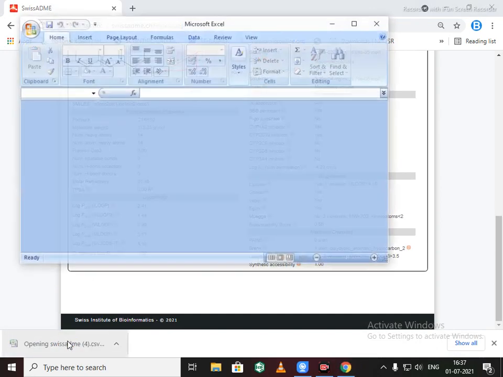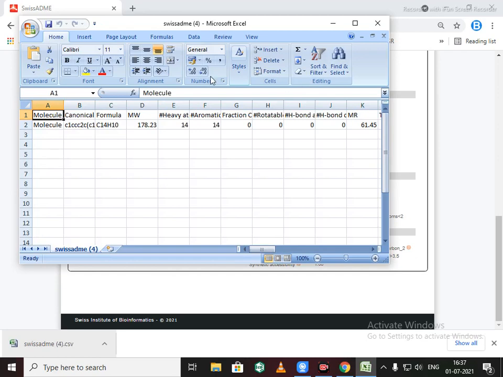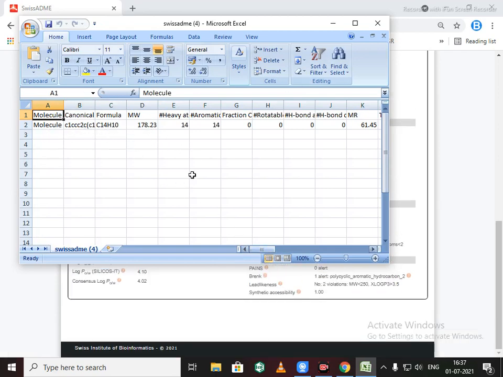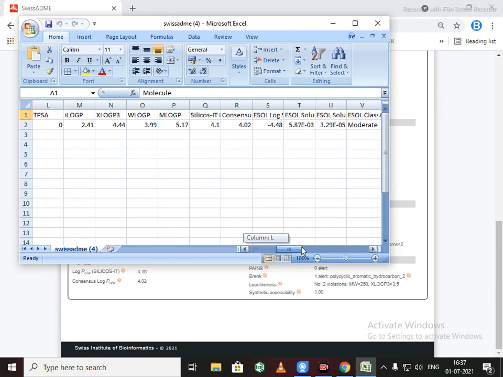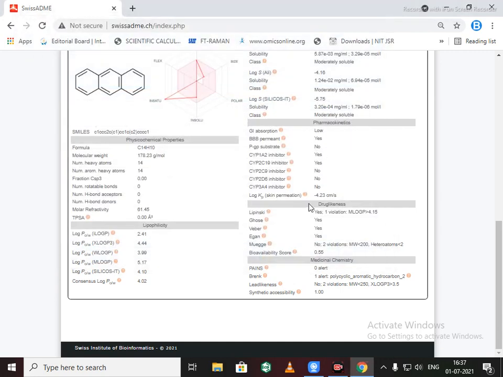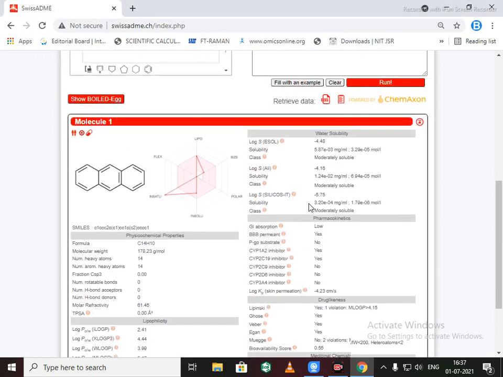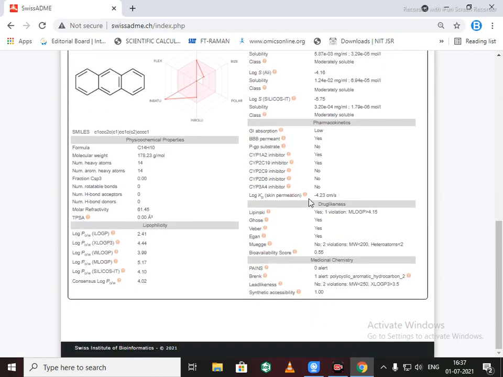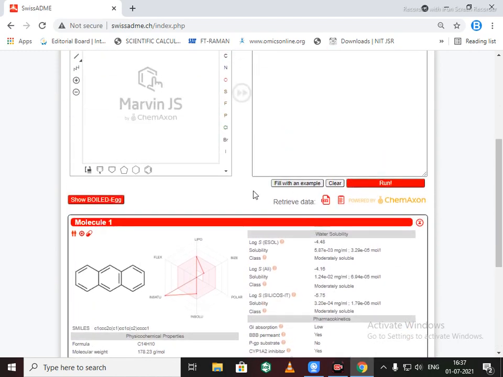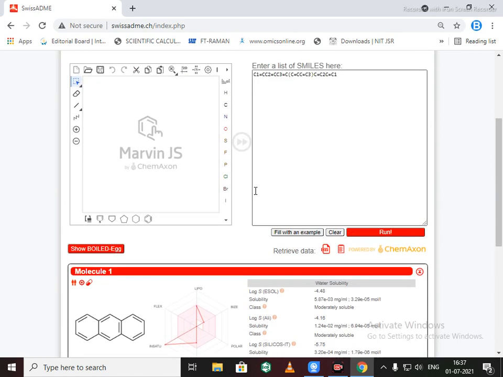Just click it, and all this data is given in this Excel sheet, like SMILES, molecular formula, molecular weight, number of heavy atoms, aromatic rings, like this, all data. And these are totally free. So if you want to calculate pharmacokinetics properties of your choice of molecule, then go for it.